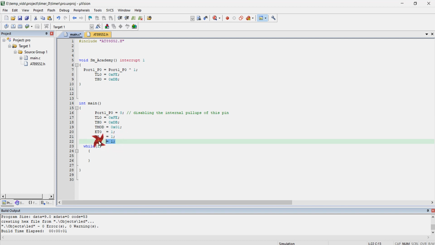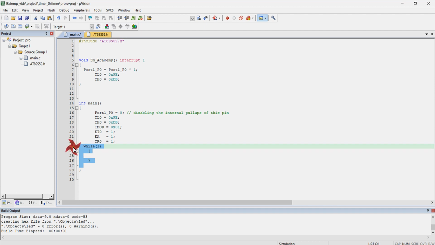After I run the timer, the execution enters into this while(1) and it will be busy executing all the lines available inside this infinite loop. But in our case we have written nothing inside the while(1), so it will be doing nothing and will stay there stagnant. As the timer is started over here, after completing this statement, the timer will be running in parallel, irrespective of the program execution occurring over here.